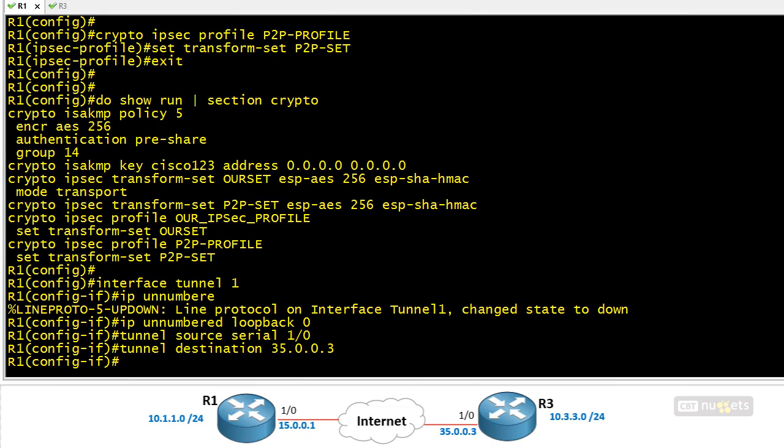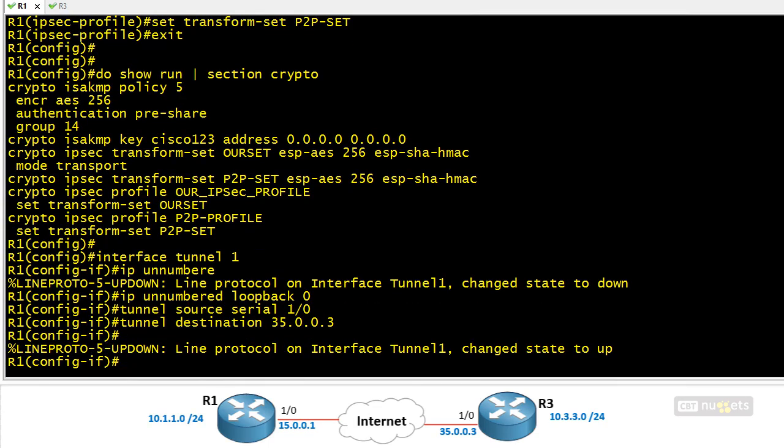For the tunnel destination, we're going to specify that it's 35.0.0.3. And now that we have both the source and the destination defined, the interface has come up. Hooray! So earlier it was down when we just brought it up. That's because we hadn't defined the source and destination. And now it's claiming to be up, but that's going to be short-lived once we use this next command, which is tunnel mode ipsec